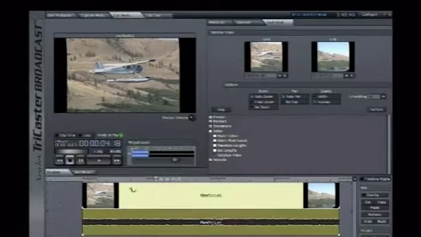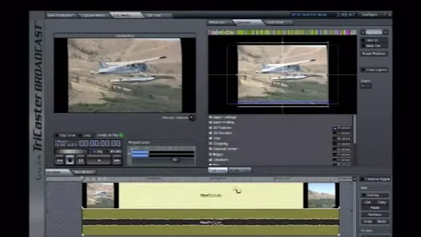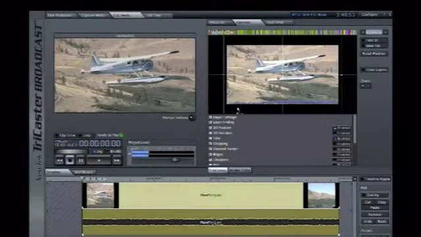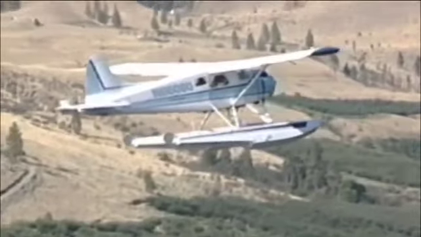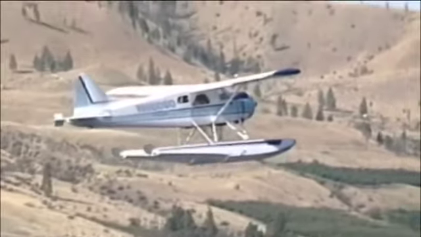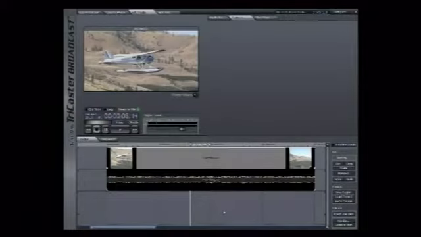So if we wanted to, we could now simply go into our Control tab. I'm going to hit Q, and I'm going to blow the video up. Now we can see that we have our stabilized version of the video, and it's even full screen, even though we started with 4:3 content and we're working in 16:9. Again, we would be ready to render this out into a clip we could use in our DDR in our